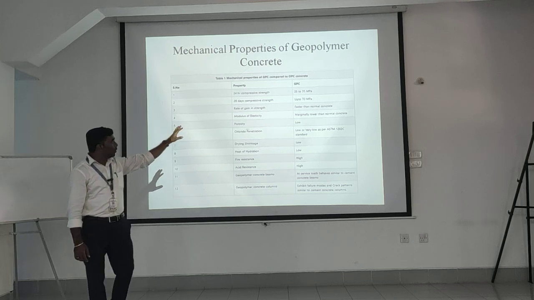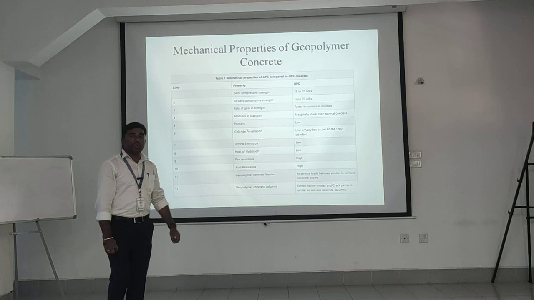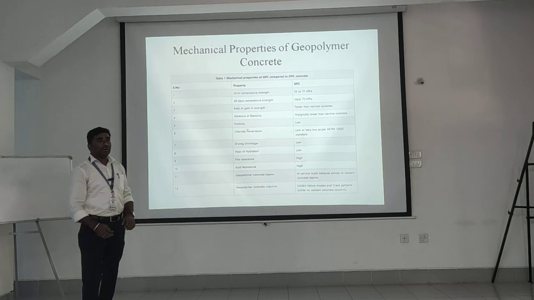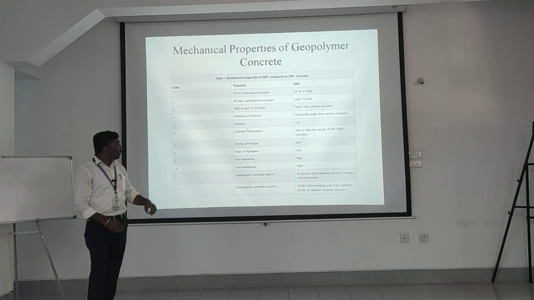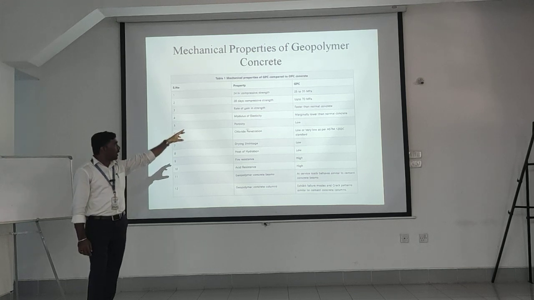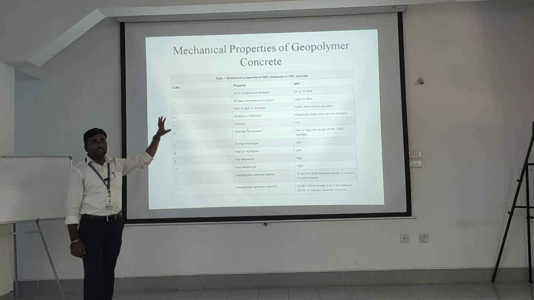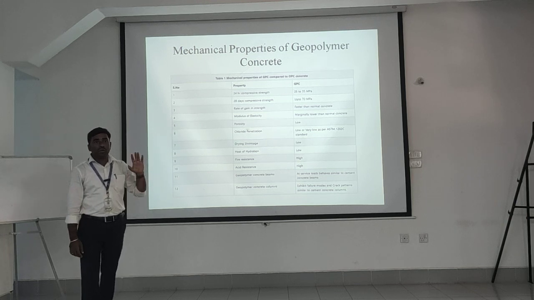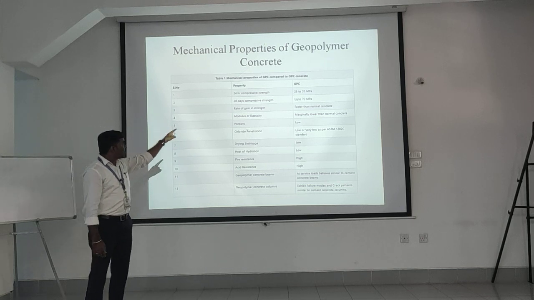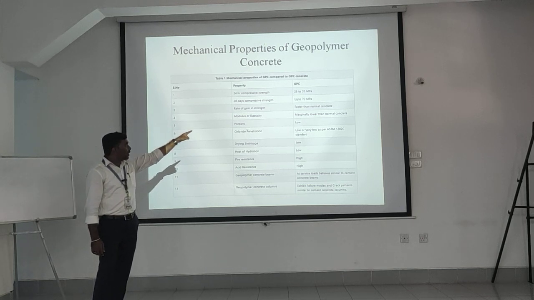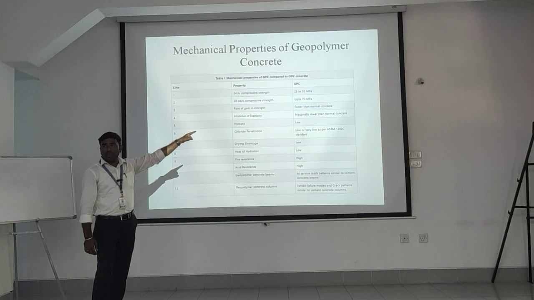In the case of geopolymer concrete, we will achieve 25 to 35 MPa. 1 MPa means 1 Newton per mm square. So within the first day we will get up to 35 Newton per mm square. It is not possible in the case of conventional concrete. That is the advantage. The second one, the 28-day compressive strength. How much here? Up to 70 MPa.